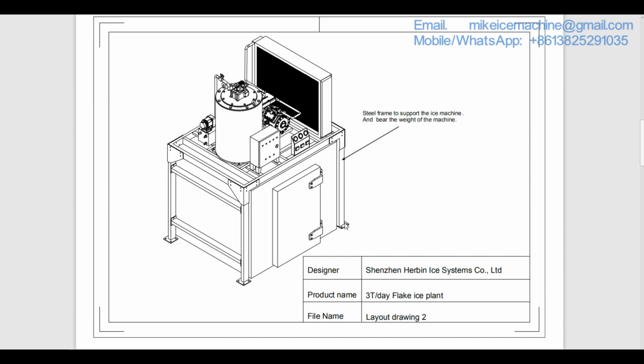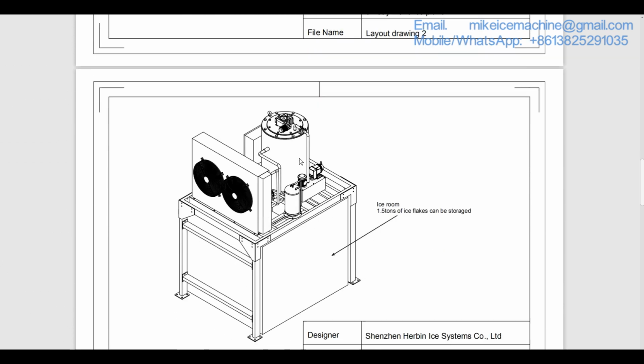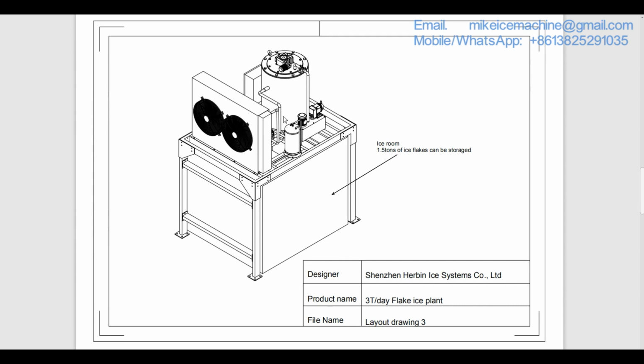The steel frame is strong enough to bear the weight of the machine. Ice will be made automatically and forced into the ice room. The ice room can store a maximum of 1.5 tons of ice flakes.